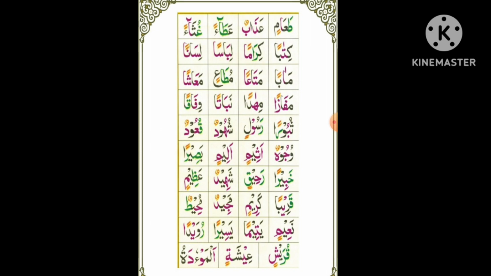wifaqan. As you can see, with the two zabar in the fourth line, there is an alif written everywhere. But if you go back to the tanween lesson, I had told you that with the two zabar, there is always an alif written, but that is not to be read. That is a silent letter. Suburan,